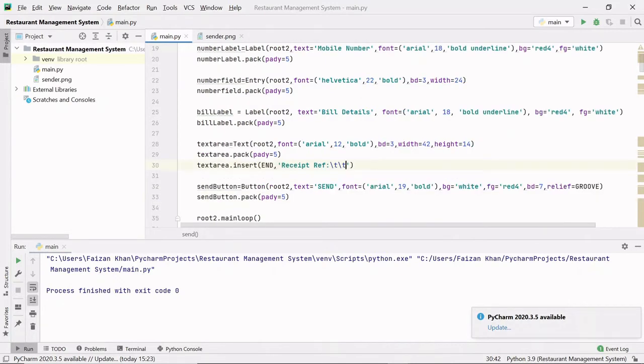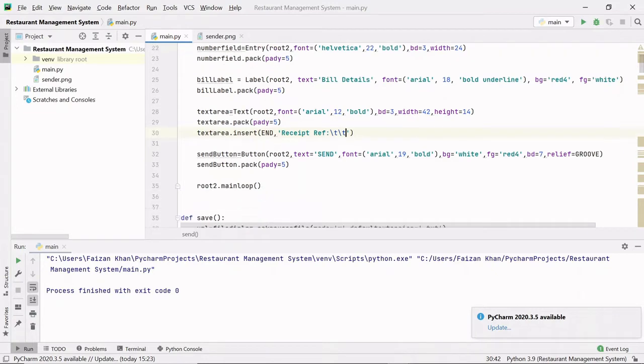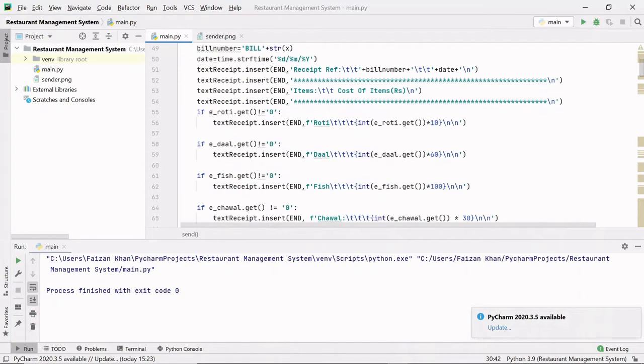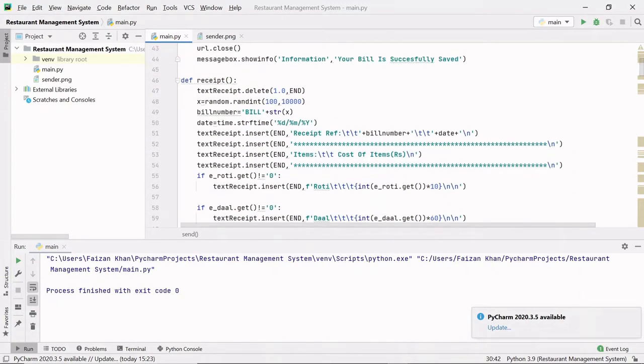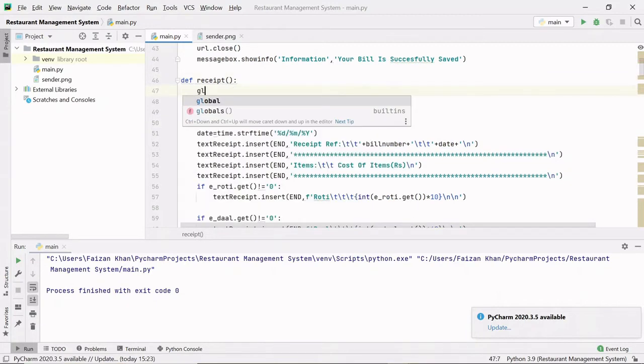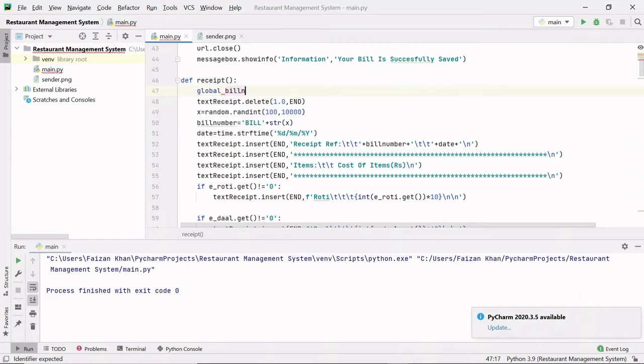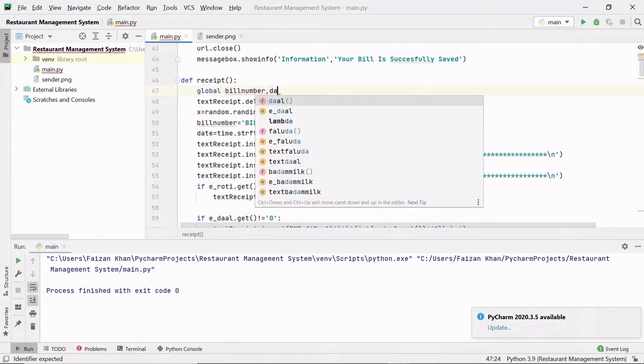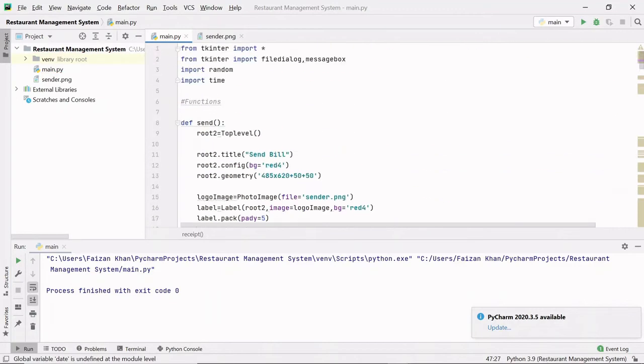Inside that variable we were having randomly generated bill number, so that bill was inside this receipt function, so we have to use this variable and also this date variable inside that function. So I have to make these two global inside this function so that I can use them outside of this function. Bill number comma date. Let's go back.